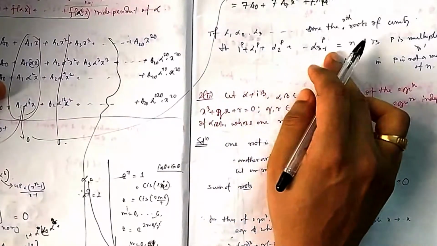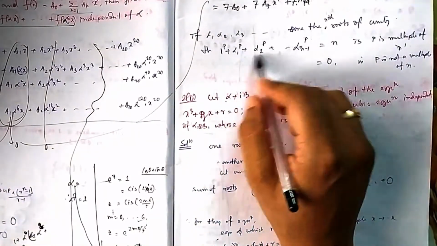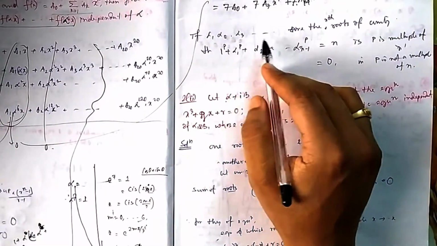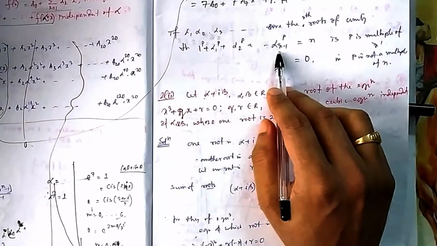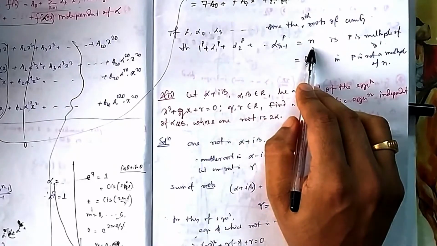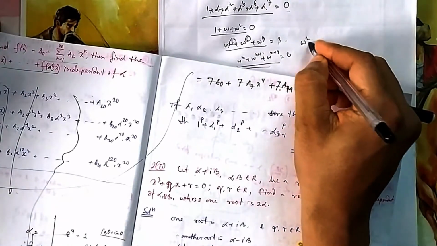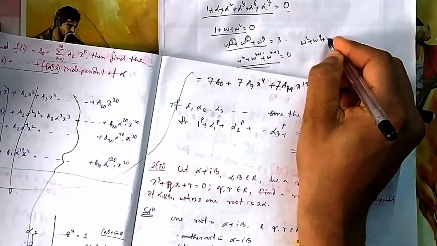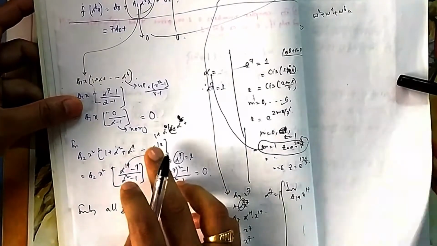Or you can remember this general formula: 1 to the power p, alpha 1 to the power p, alpha 2 to the power p. Here p may not be the same number, it can be a multiple of other numbers. If it is a multiple of n, that is the nth root, here 7, then the sum will be 7; for cube roots, if it is a multiple of 3, the sum is 3. You take any other multiple, suppose alpha square, alpha 4, alpha 6, or alpha 2, alpha 4, alpha 12 this way.